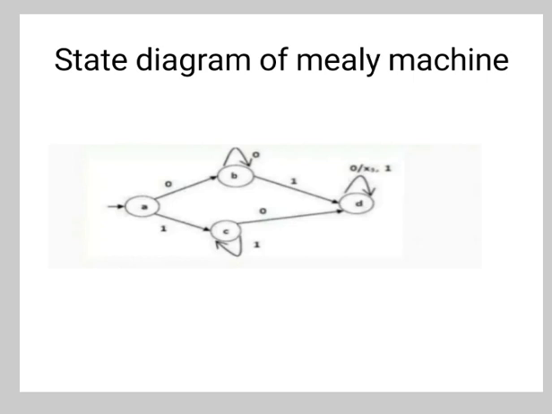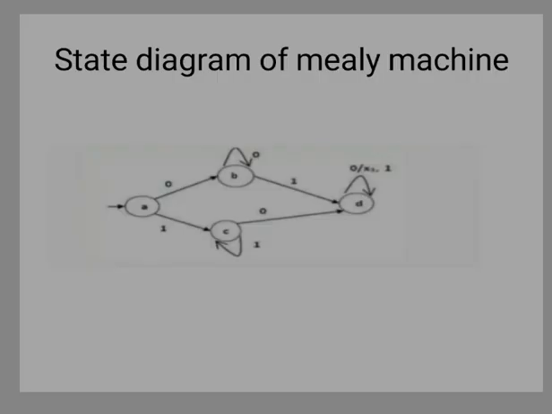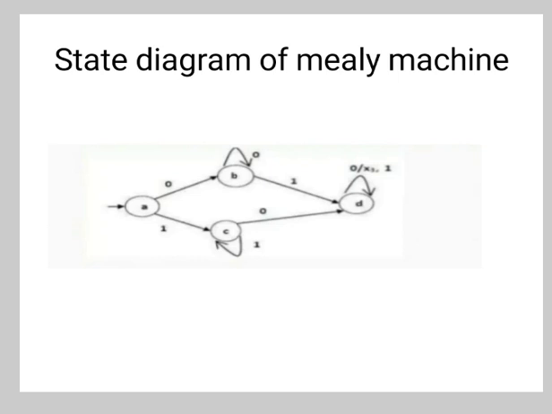Now here the state diagram of the Mealy machine is given. The state diagram of Mealy machine has the output associated with the transition between the states. There is an output on transition because they are determined in the same way as the next state. In Mealy machine, it is possible to represent both combinations using the same state and compute a single bit directly from the input. Hence there are fewer states.